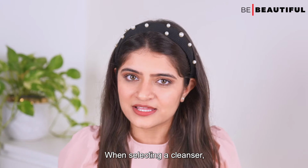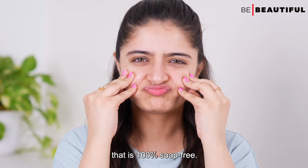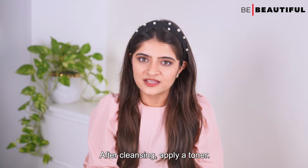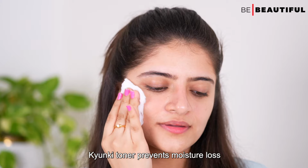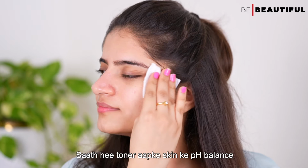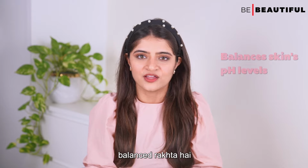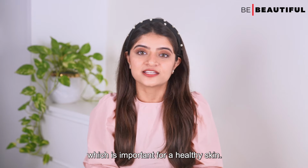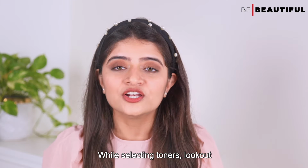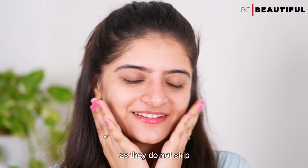When selecting a cleanser, choose a gentle non-drying cleanser that is 100% soap-free. After cleansing, apply a toner. क्योंकि टोनर प्रिवेंट्स मॉइस्चर लॉस पोस्ट क्लेंजिंग. साथ ही टोनर आपकी स्किन के pH बैलेंस यानी एसिडिक और अल्कलाइन लेवल्स को बैलेंस रखता है, which is important for a healthy skin. While selecting toners, look out for 100% alcohol-free toners as they do not strip the skin